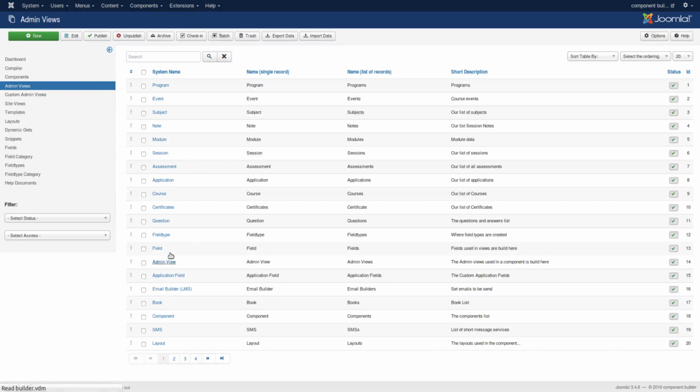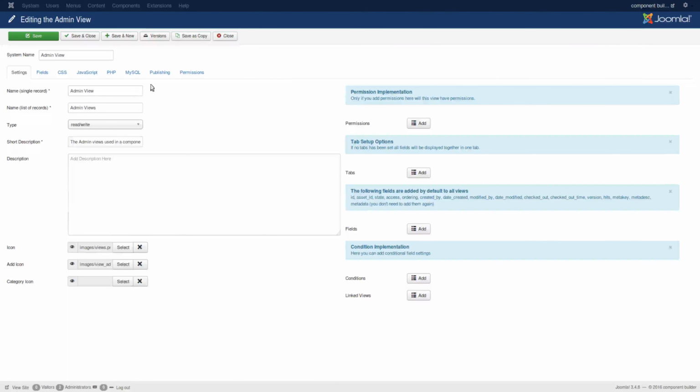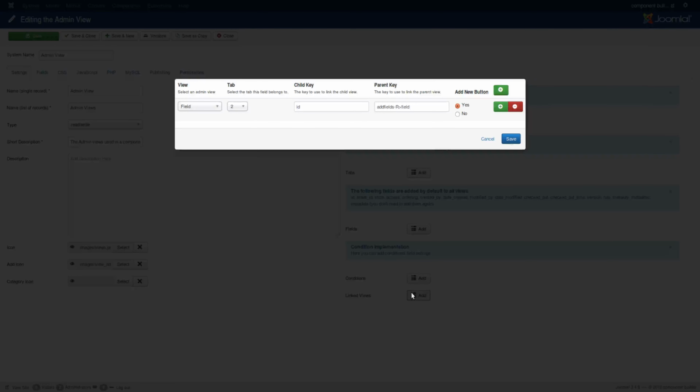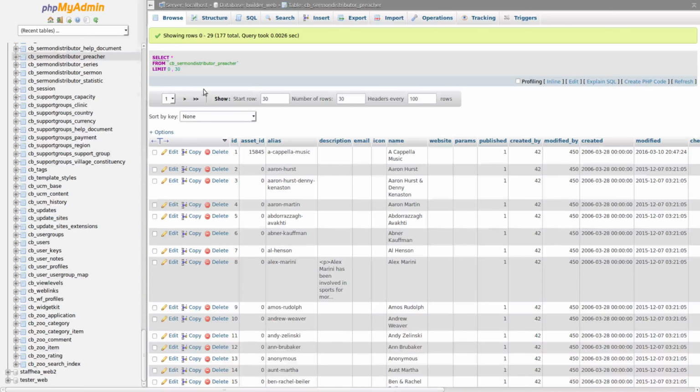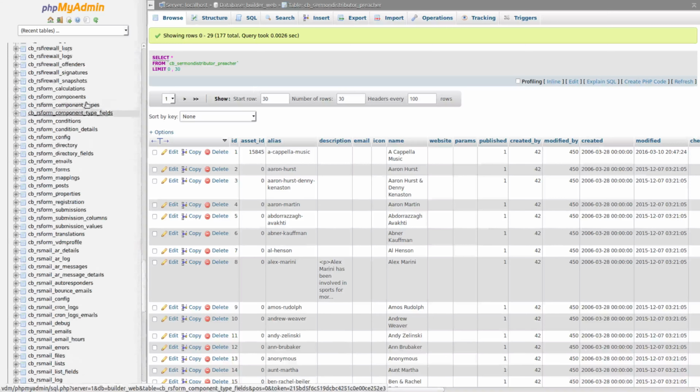Okay, I'm opening the admin view, which is the one we're looking at, and I'm going to linked views, and you see that I have there an R in the pointer and the word field. So if you are trying to connect a view from the parent, and in the parent it is stored in add fields, that's the database column name. So if we go to the database,